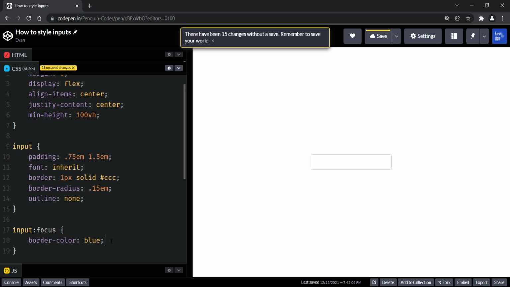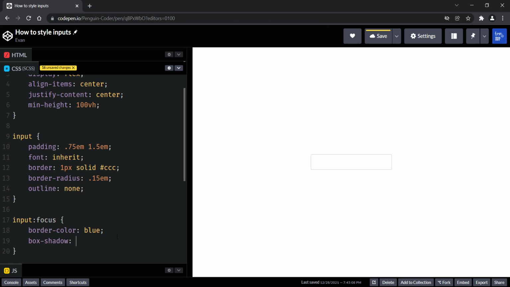We get that kind of blue border. So I'll also put a box-shadow of 0 0 0 3px, because 0 x offset, 0 y offset, 0 blur, and 3 pixels spread. And then I'll put lightskyblue, or I don't remember. Oh, it is correct. So I'll decrease that to a 2.